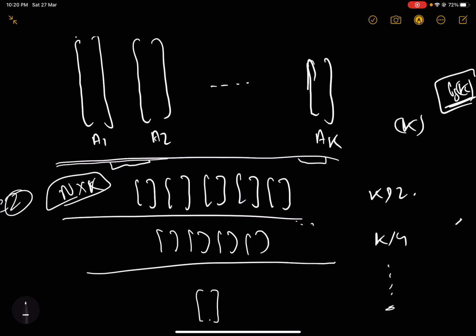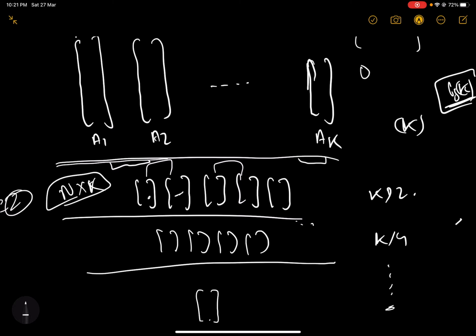Now what is the time complexity for pairing them up and merging the consecutive elements together? The time complexity of merging any two arrays is equal to the number of elements in the first array plus the number of elements in the second array.